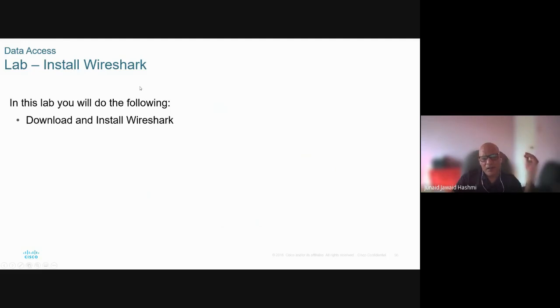So now what we are going to do is install Wireshark in school in the lab, and if you want, you can install it on your computer as well. The purpose right now is just to give you a bit of introduction to Wireshark, to get familiarized with the interface. Learning Wireshark is complex. You need to have more knowledge of the network. So don't get overwhelmed, don't get confused or frustrated, because that's not the purpose of this course to make